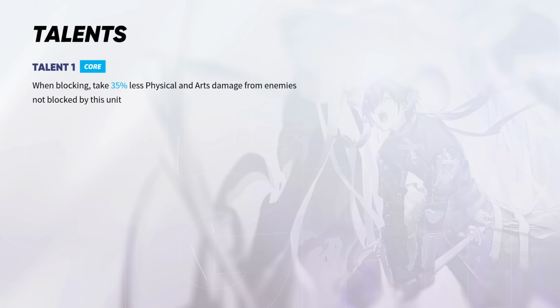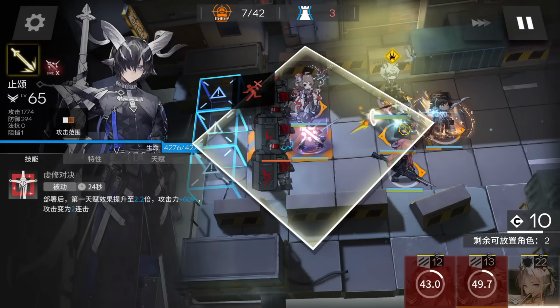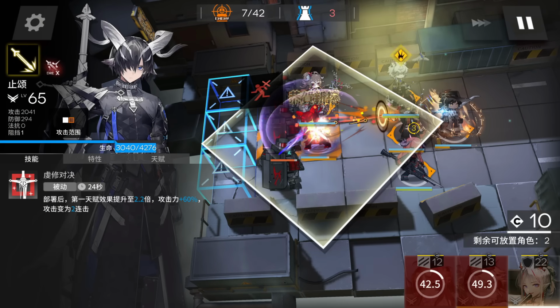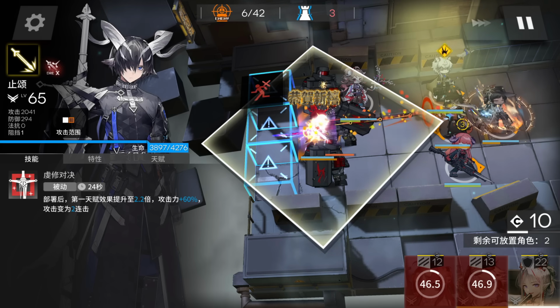Talent 1, when blocking, take 35% less physical and arch damage from enemies not blocked by him. So this description is actually quite accurate. It really is effective on any damage as long as it's not from the block target, barring true damage. So that includes non-traceable source damage, friendly damage from Arc, and environmental damage like the burning reeds, which is arch